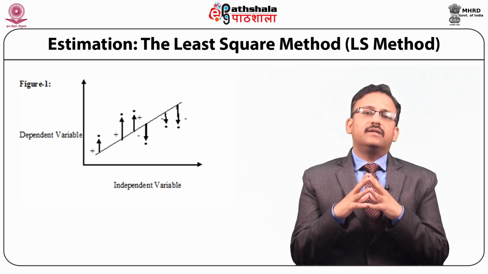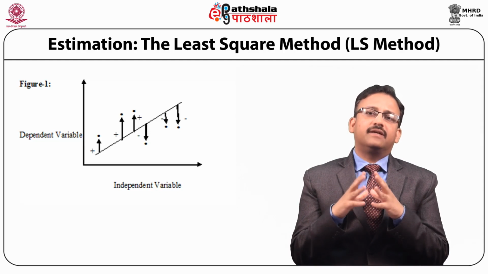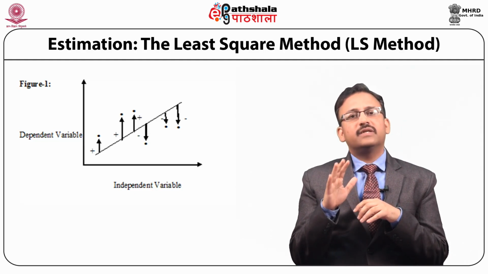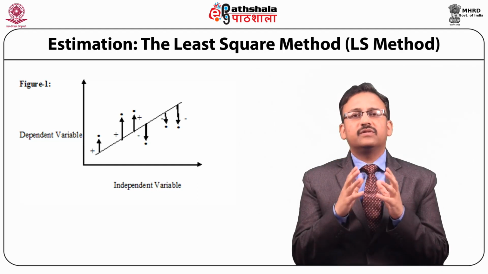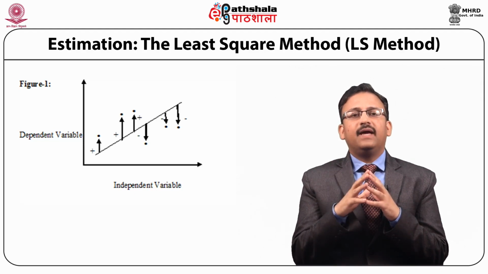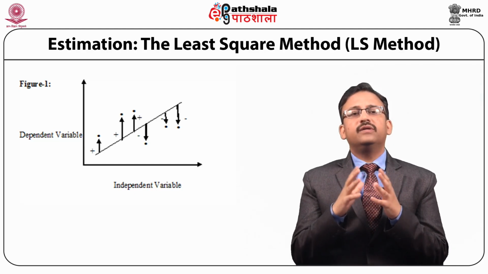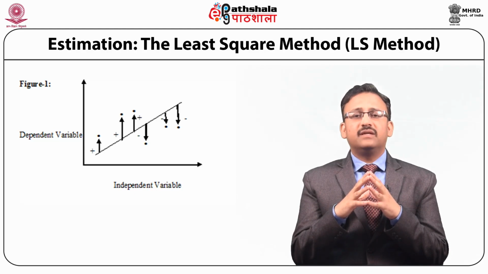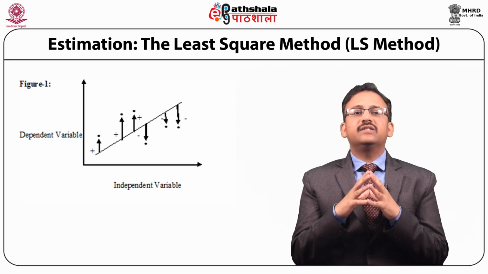Figure 1 here represents a scatter plot of data where a line is projecting the general tendency. The vertical arrows represent the gap, the difference or the residuals between the actual data and the line that we have drawn. As with the mean, values of the variables fall both above and below the line, resulting in positive as well as negative differences. Thus, if these positive and negative differences are added, they will annul each other and there will be zero as the difference between them.